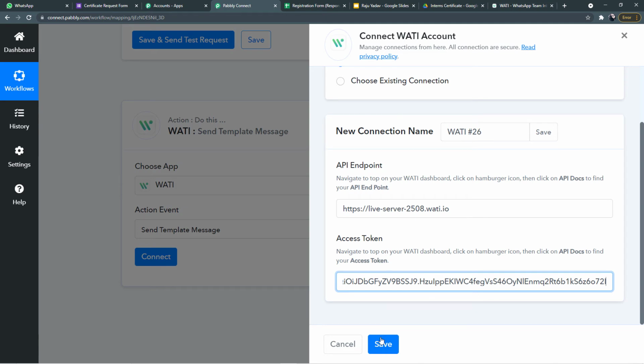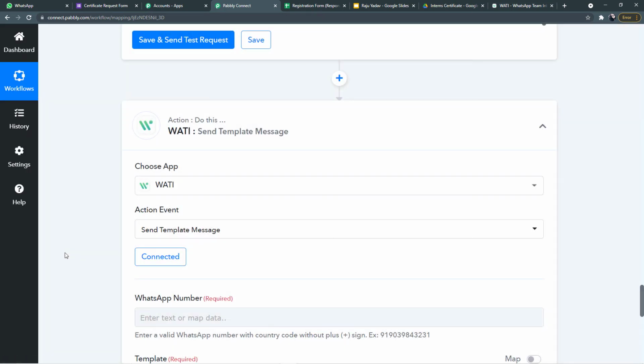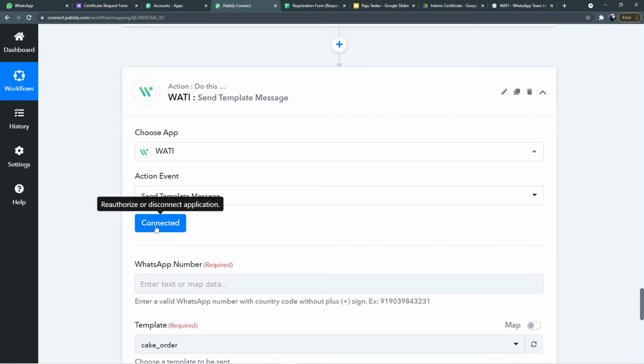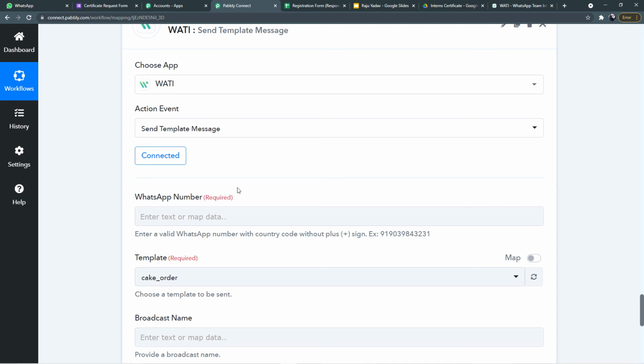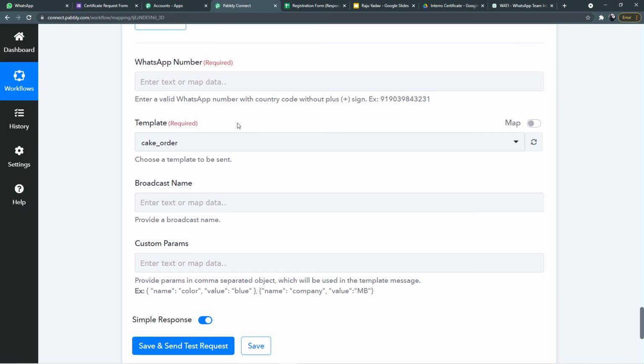Alright, after this, click on this save button and you will see the connected button. That means we are connected to our VATI. After this, these fields will open up. So the first field is the WhatsApp number. So here you have to map or enter the WhatsApp number of the student to whom you want to send